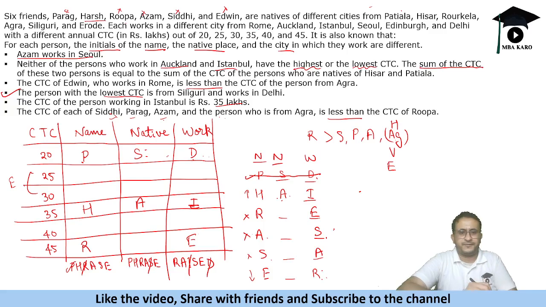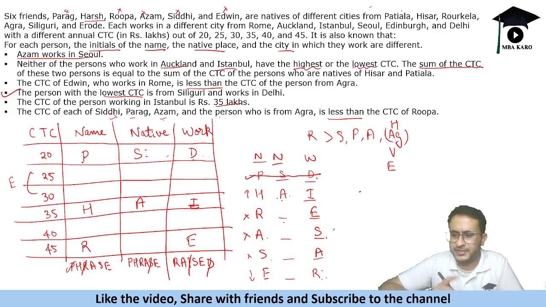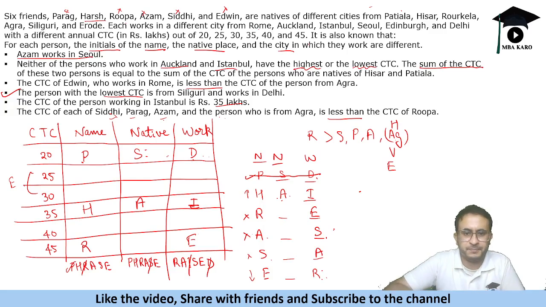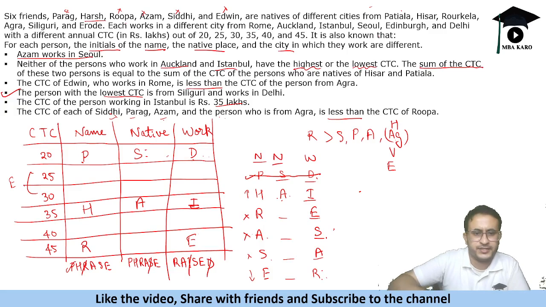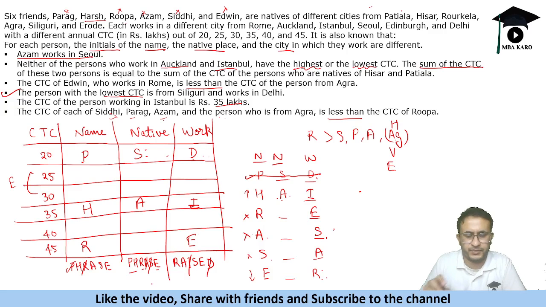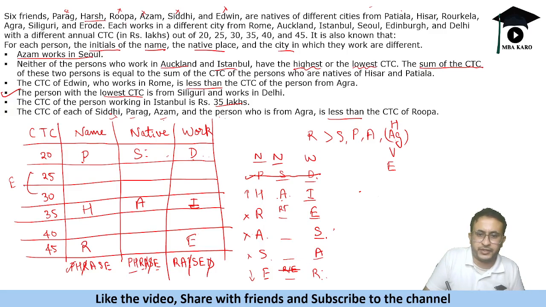Now we have to put the name of the place also. So we are left with four places. We have done S and A. So we are left with P, H, R, E. Okay. Now see this, we cannot put R or E here. Similarly, we cannot put R or E here. R or E cannot come in these two because this is R, this is E. Similarly, we cannot put R and E because this is E, this is R. So that means R and E will come in these two